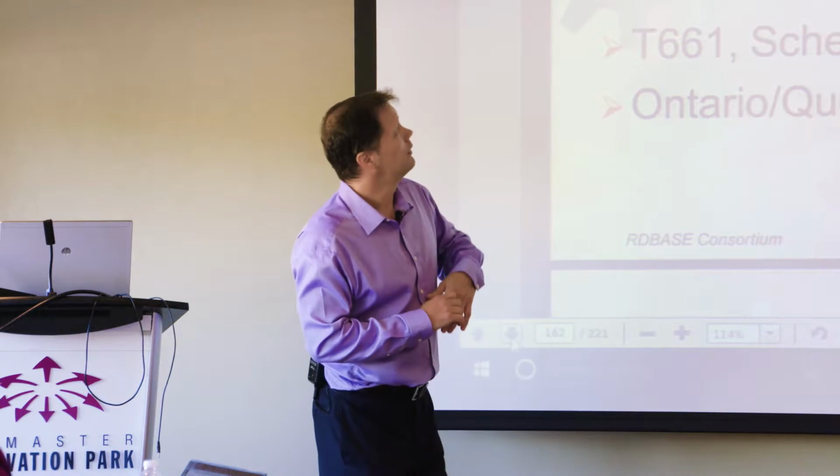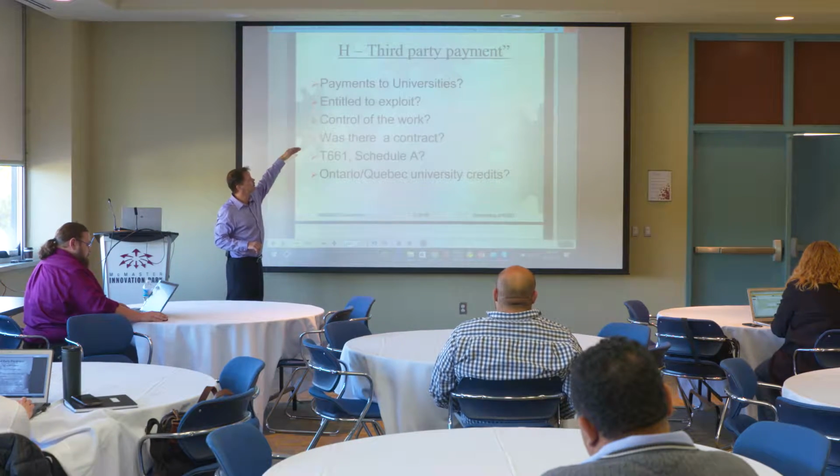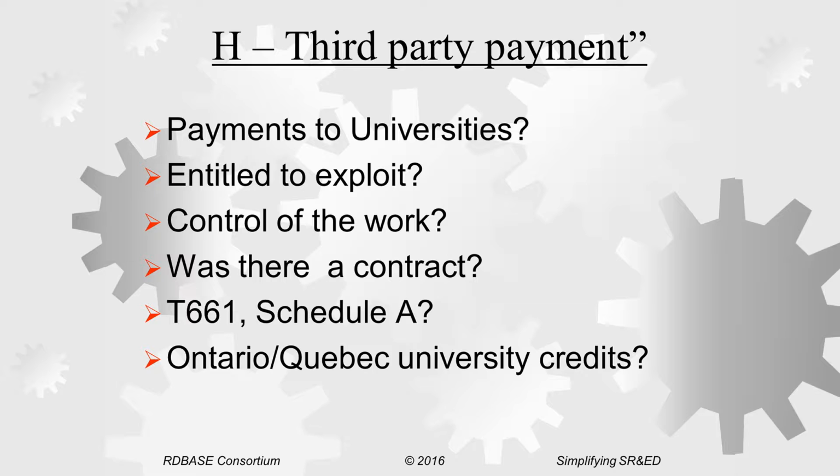So really here, all you have to do is be entitled to exploit the work. Usually the university controls the work, and you're just one of several funding participants. They want a contract, and really you don't have to do much. You just fill out this one form, and it's basically who is it paid to, what's the address and business number of the approved association, how does it relate to your business, and you only get about 10 words or less. How are you entitled to exploit? So it relates to my business because I develop work in this, and I get advanced results. Literally, I've never put more than 5 words in there, and I've never had one of those denied.